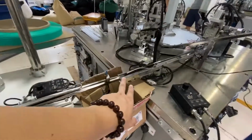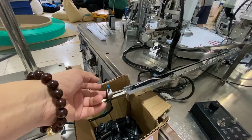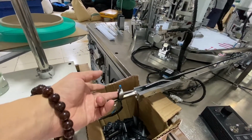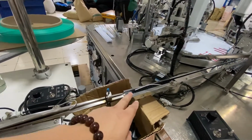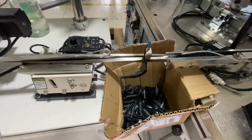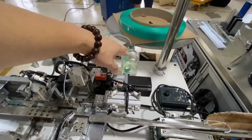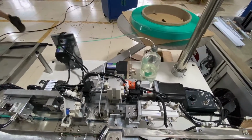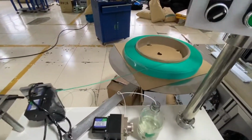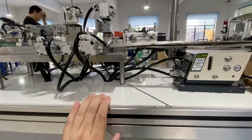So here, after the razor head assembly comes to here, there is a detector here. We call it a sensor, to detect if the supply of this razor head comes from this side, and then comes to here for the glue, and also glue, and with this lubrication strip. So this one is a lubrication strip